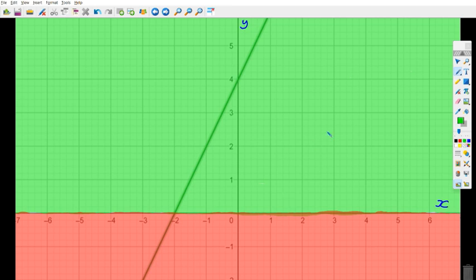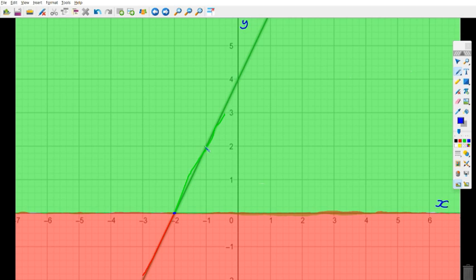So this graph has this green part over here, and this red part here at the bottom. If you look at that and I ask, from which x value, up until where, is my graph in the green area? We already know that at this point, what x value is this? It's -2. Can you guys all see that? That's -2. If I go to -1 and follow up to find where my graph is,